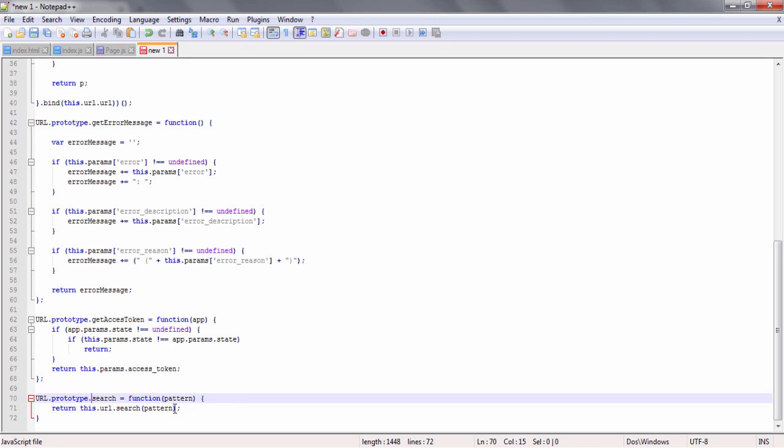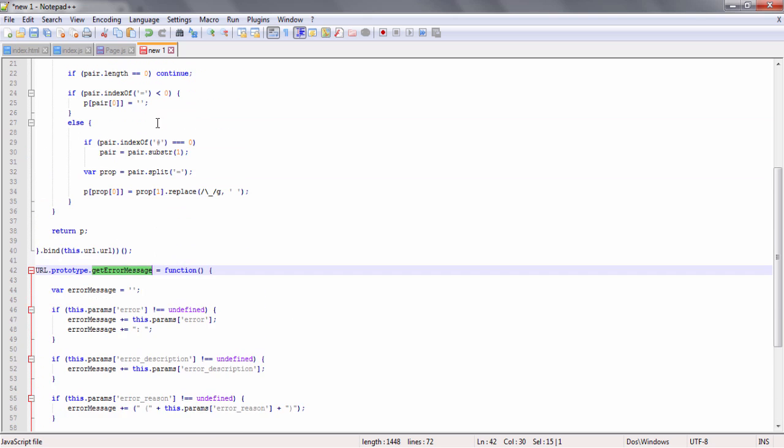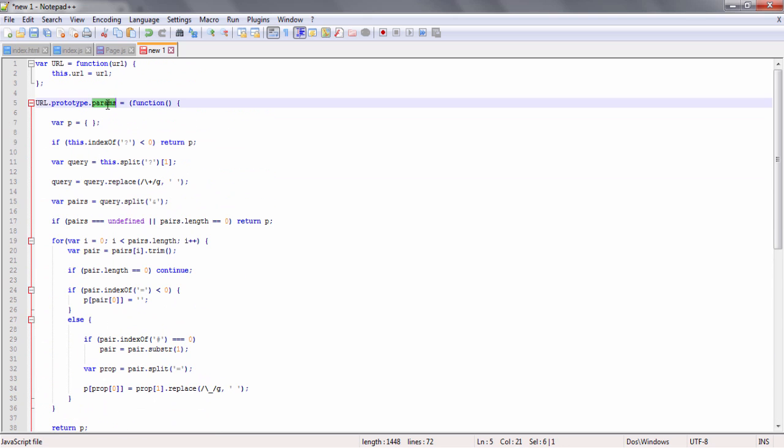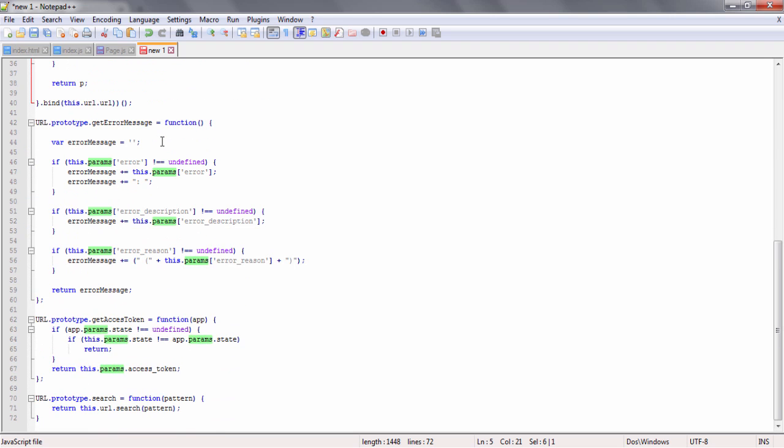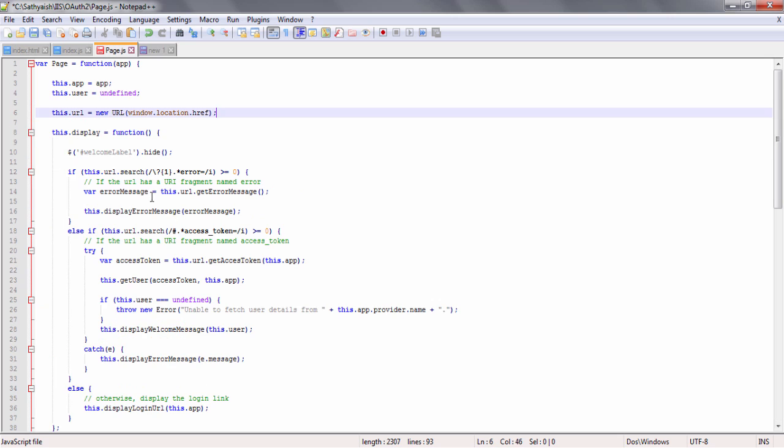Let's just make sure I haven't left any method. That's the search method, get access token method, get error message method, and params property. This looks a bit neat rather than that one. And then I'm going to do the same thing to